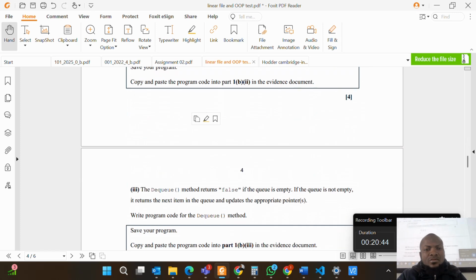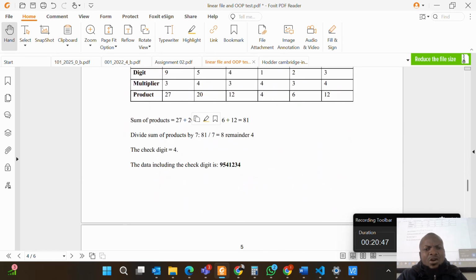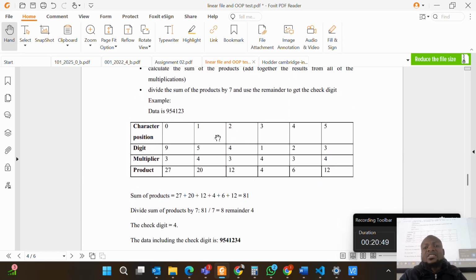Now, it says calculate. So how do you calculate? You check each character in the